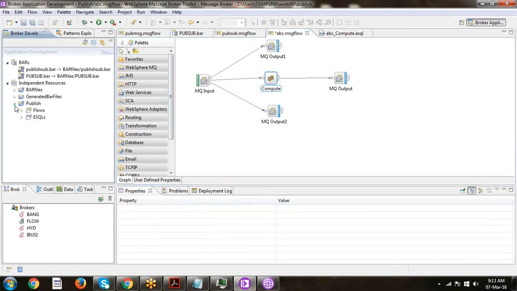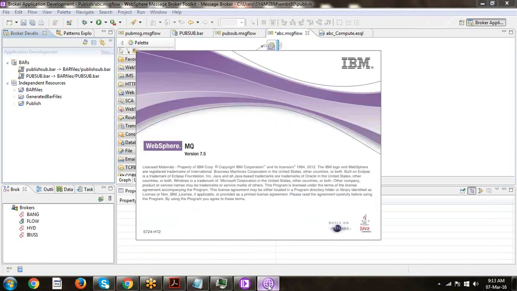And how do you create that backout queue? I will show you. MQ Explorer is not open here. I will show you how the backout queue works and everything.